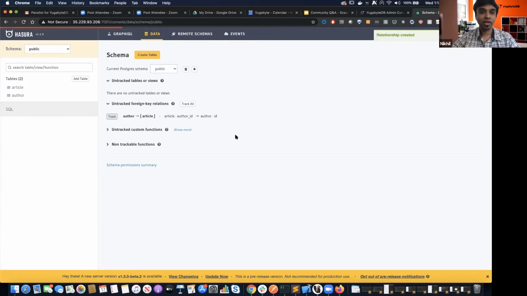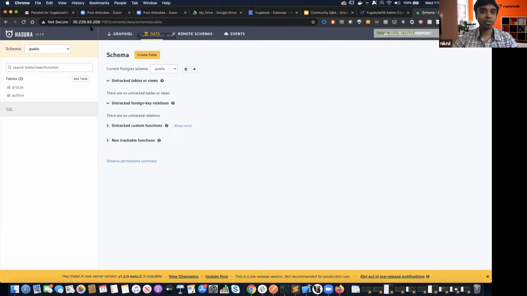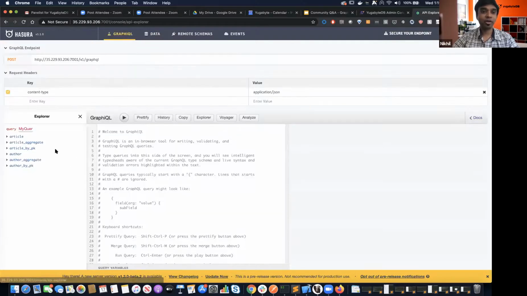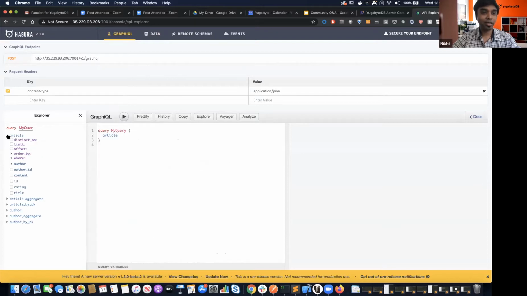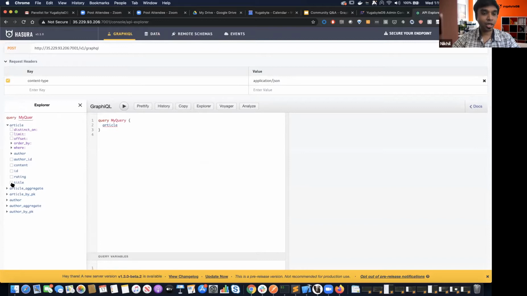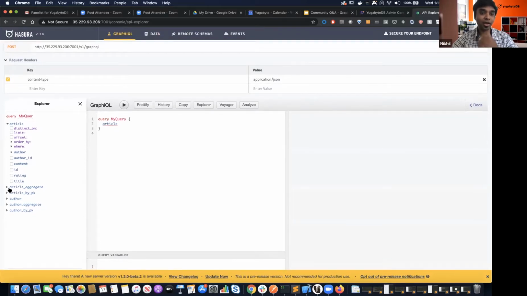Okay, perfect. I think now we have set up our schemas. And if I go to my GraphQL console, you should see that I have all the available columns and all the aggregations and order by and the rest of the things that we can do for a table already become available for the developer to start. So before I go ahead and start some GraphQL queries, let me go ahead and insert some